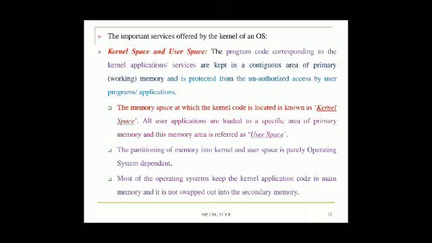That area of the memory is called user space. Strictly speaking, the partitioning of this memory into kernel space and user space is done by the operating system. Most operating systems keep the kernel application code in main memory, and it is not supposed to be swapped to secondary memory.